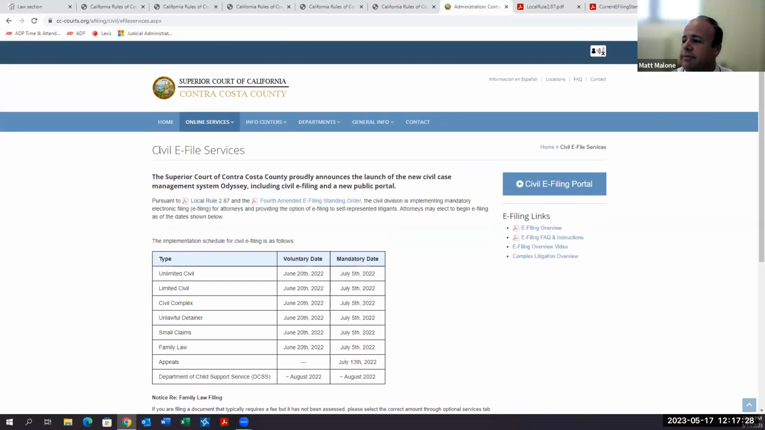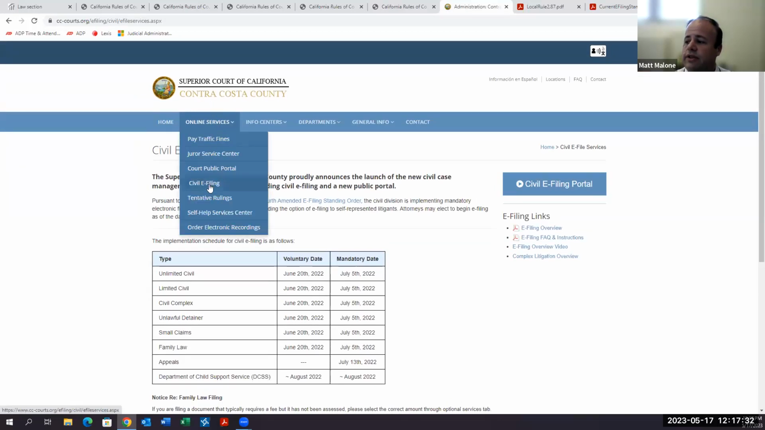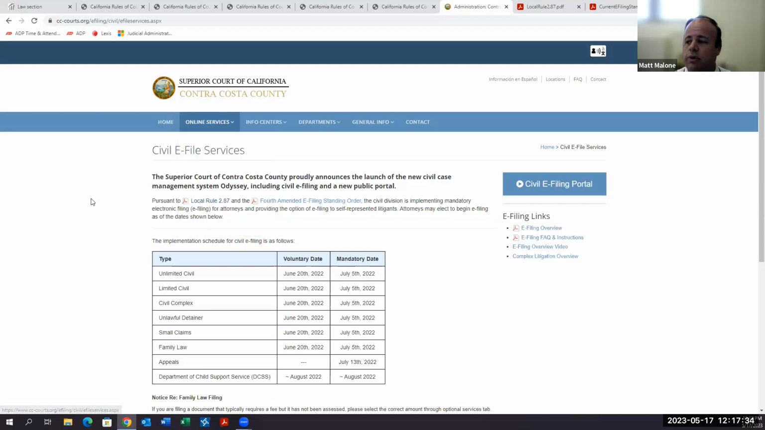This is our website. This is the Superior Court of California website. Under online services, civil e-filing, that is where you will find this page. This is our civil e-file services page. It has a link to the portal. It has our e-filing overview. It has our FAQ and instructions, and it has links to our local rule and to whatever